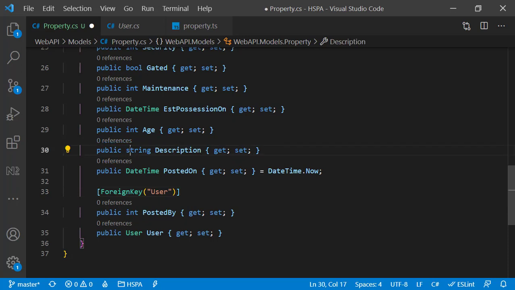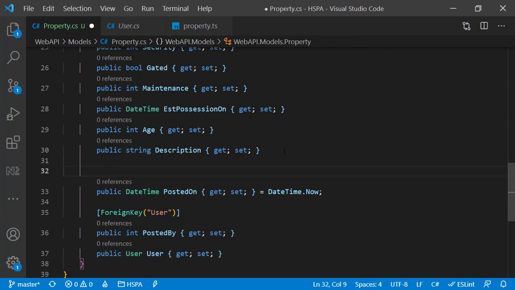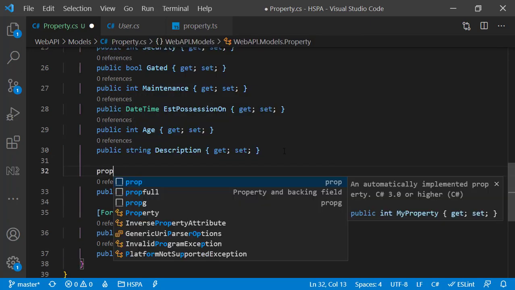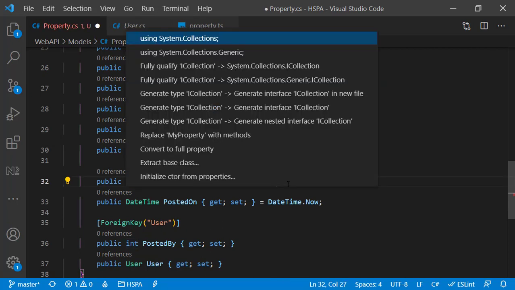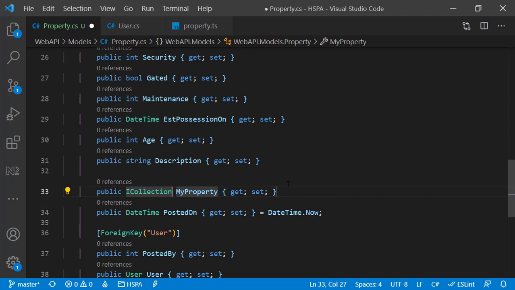Next, we should be able to access the collection of photos belonging to the associated properties for this entity. We can add a photo property as iCollection. Import the namespace system.collections. We can tell what type of collections it can contain, and it should be a collection of type photo. We do not have a photo entity yet.